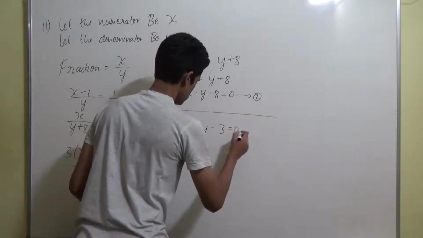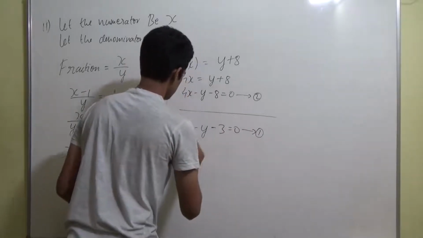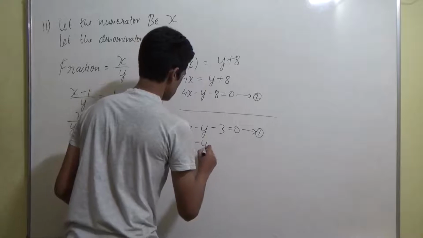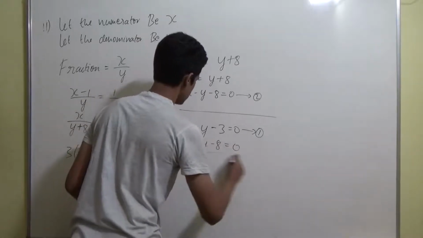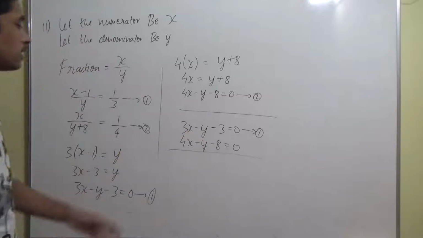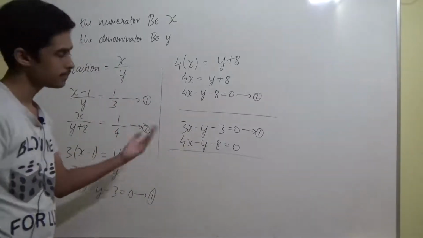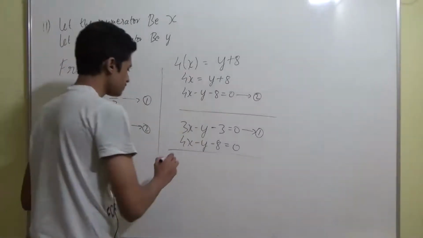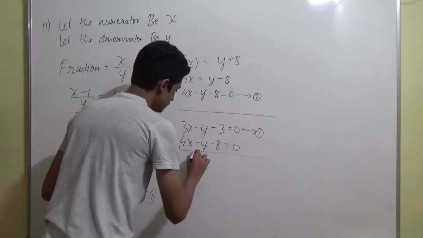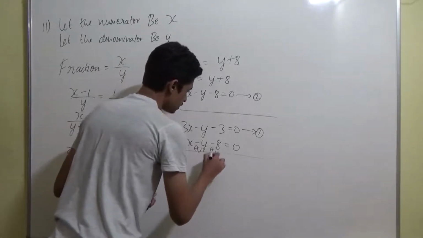Minus 3 equal to 0. This was the first equation. And the second one is, so guys, it's the same. If you see, both are the same, right? In the last step also we did the same, so we can do it by the elimination method. So we'll do minus here, plus becomes minus, subtraction, minus becomes plus.